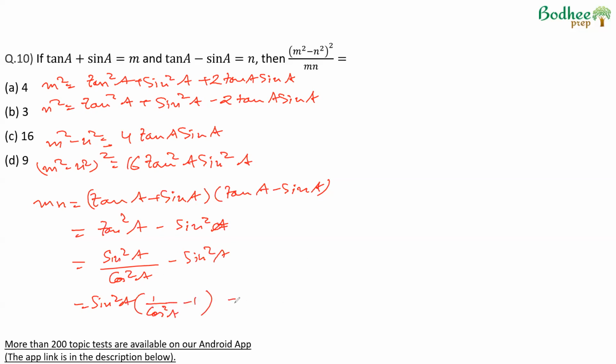This further becomes sin square A into 1 minus cos square A upon cos square A, which further becomes